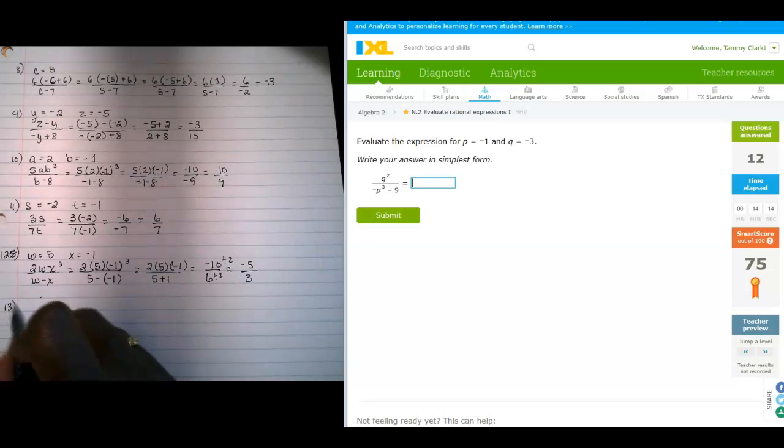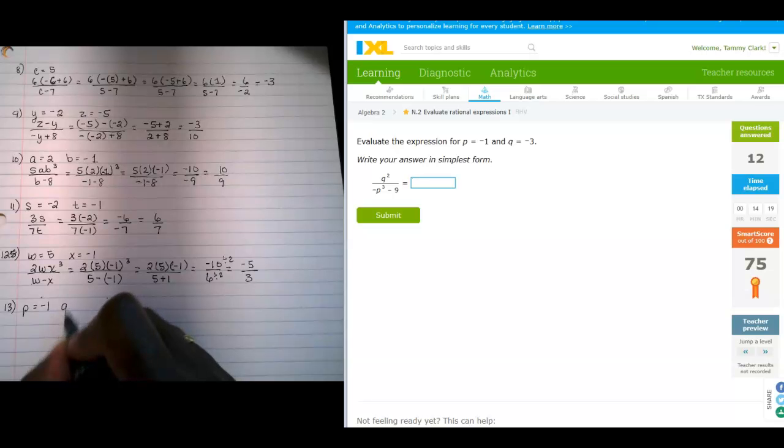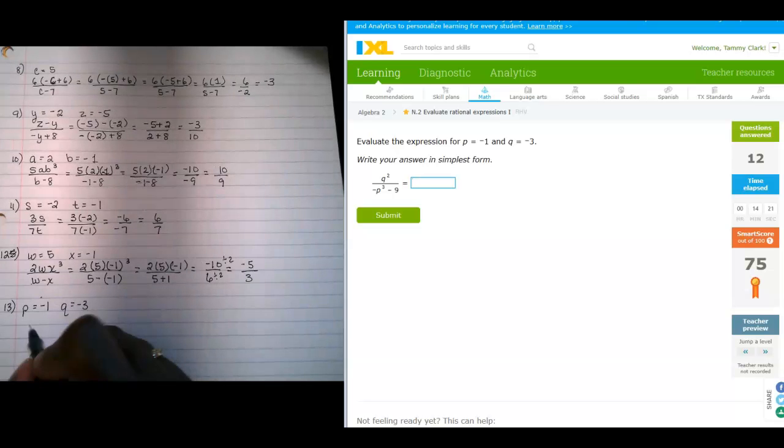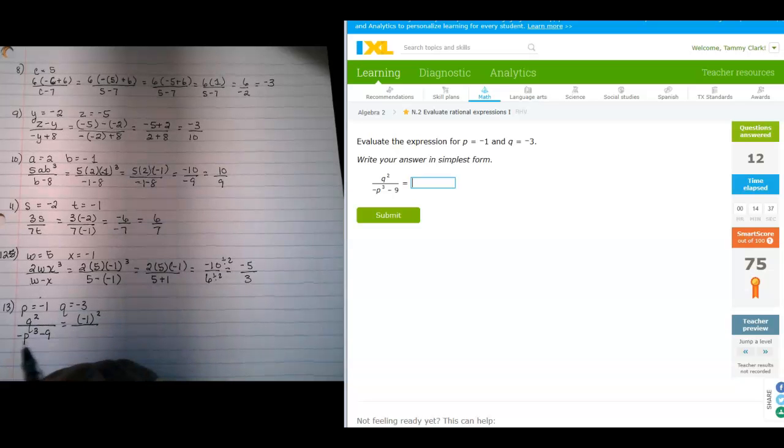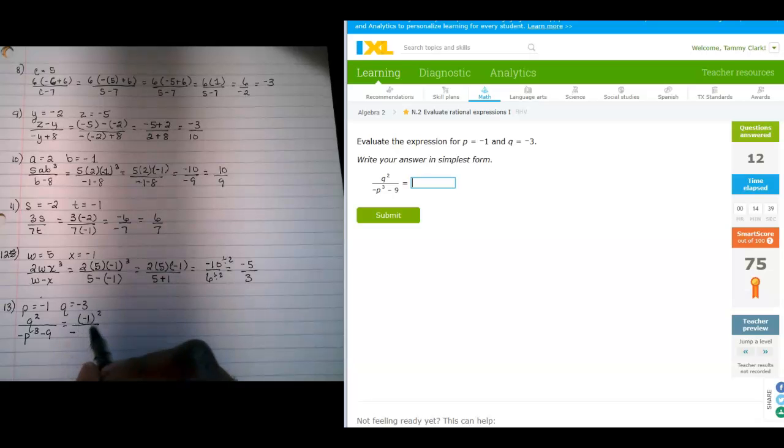Number 13, we've got P is equal to negative 1 and Q is equal to negative 3. Our expression is Q squared divided by negative P cubed minus 9. So Q squared, Q is negative 1, so we're going to do negative 1 squared. And then we've got negative, oh, I'm glad I caught that. I was going too fast. Q is actually negative 3. So we're going to go negative 3